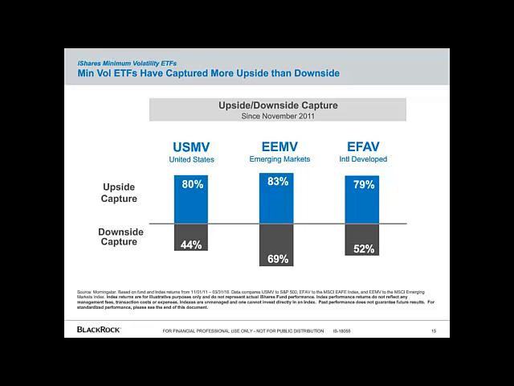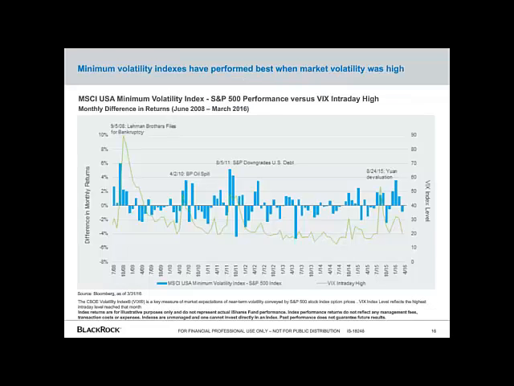For me, though, this asymmetry is important, but the proof is really in the pudding, or the data, if you will. So what have investors actually experienced? How have these indexes performed? Minimum volatility is designed to reduce risk, and ideally, it can protect you during market dislocation. The track record for the index that our fund tracks or replicates can be seen here.